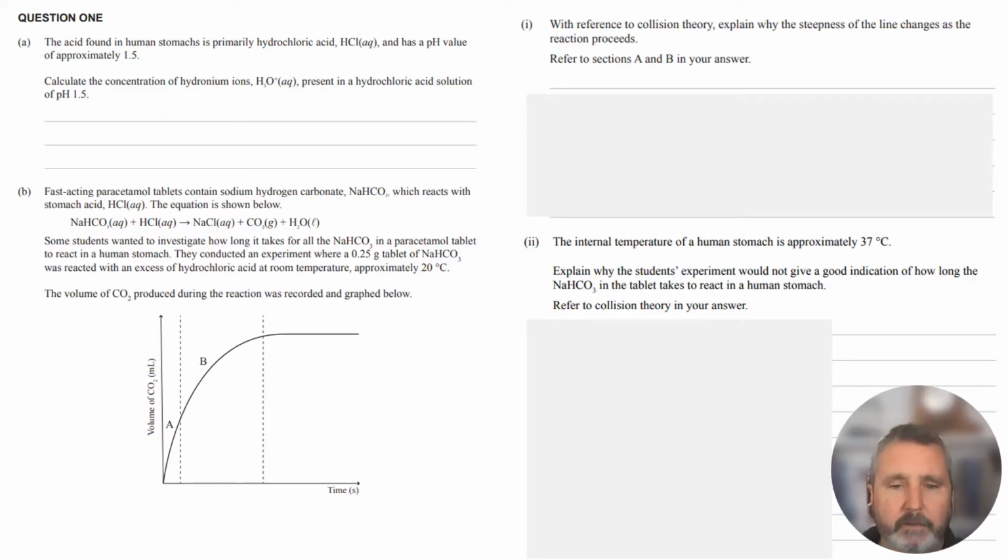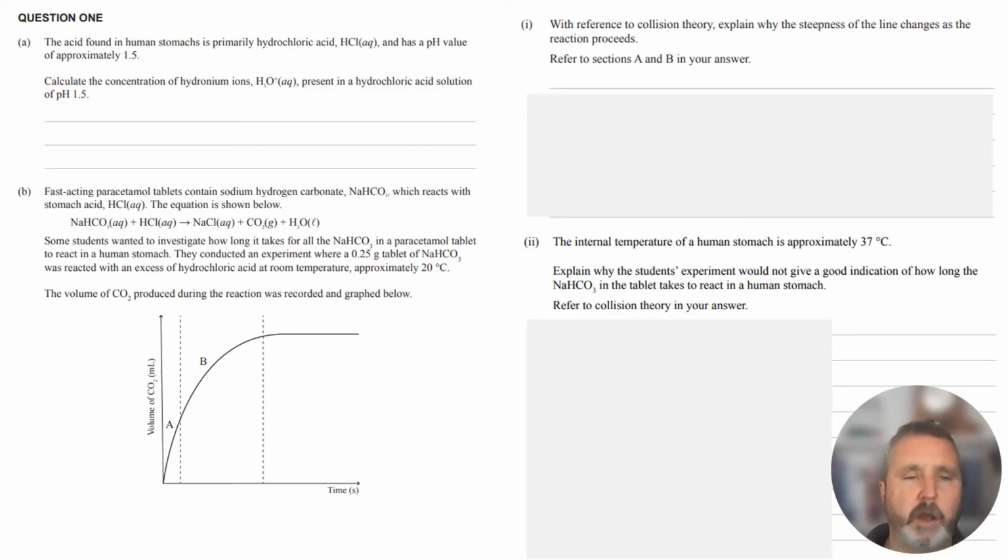Right, okay, let's look at this exam, this achievement standard 91166 2023. That's chemistry 2.6, and I'm going to go through this exam and demonstrate how we might answer the questions. Okay, so question one, the first question that we've got here is they've told us that there's an acid